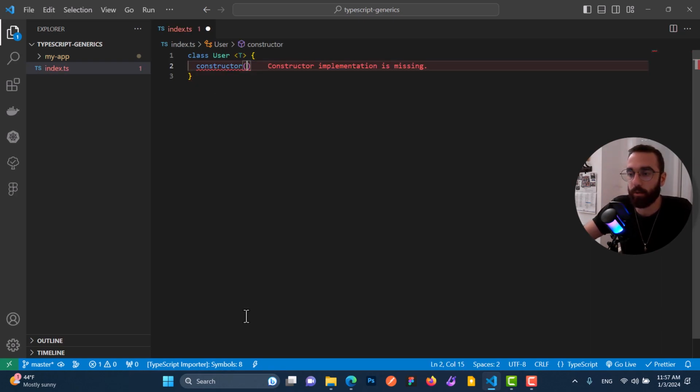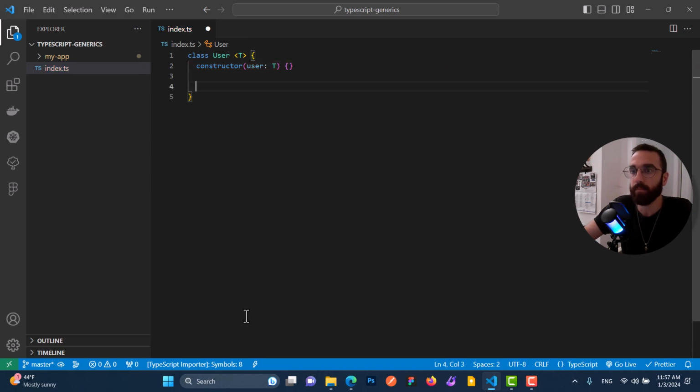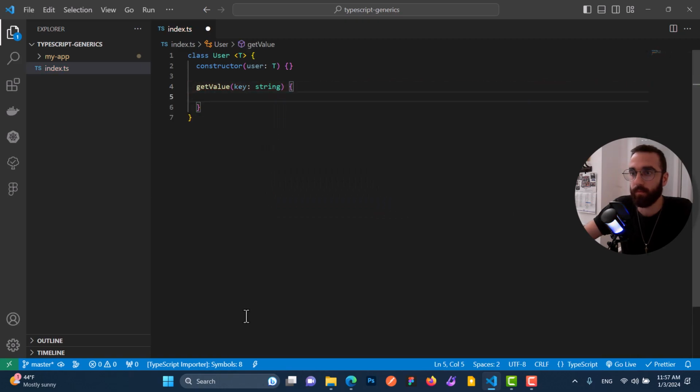In this constructor I want to pass a user as an argument, and it has the type T, and then I want to get value, and here I want to pass a key, and then return. Oh, sorry, I forgot to initiate it, public or maybe private. User, return user